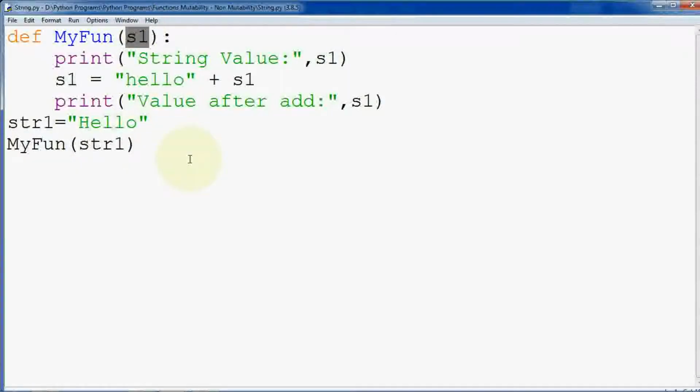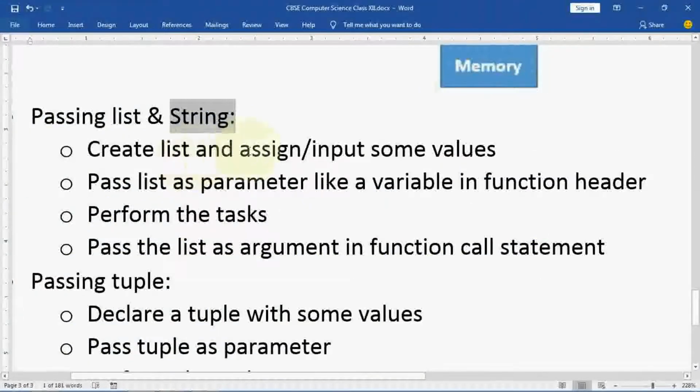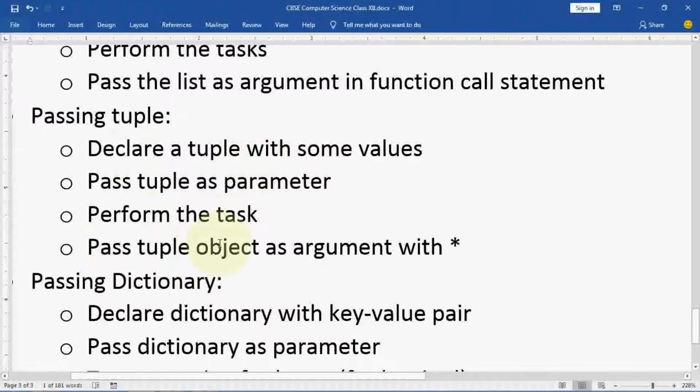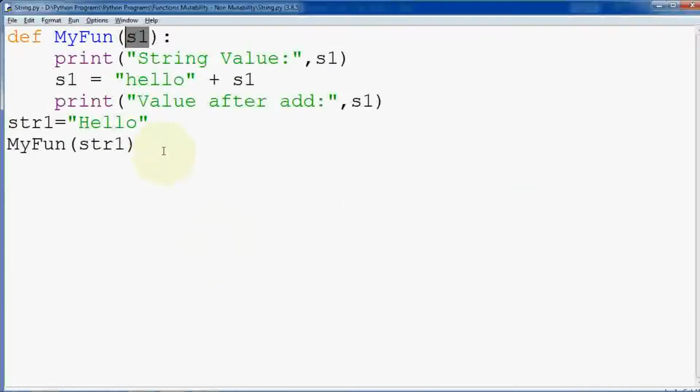Okay, now next is tuple. When you are passing a tuple, you have to consider this thing first of all. Basically when we are declaring a tuple, we declare it in this manner: t equal to brackets, then values 55, suppose 78, 90.